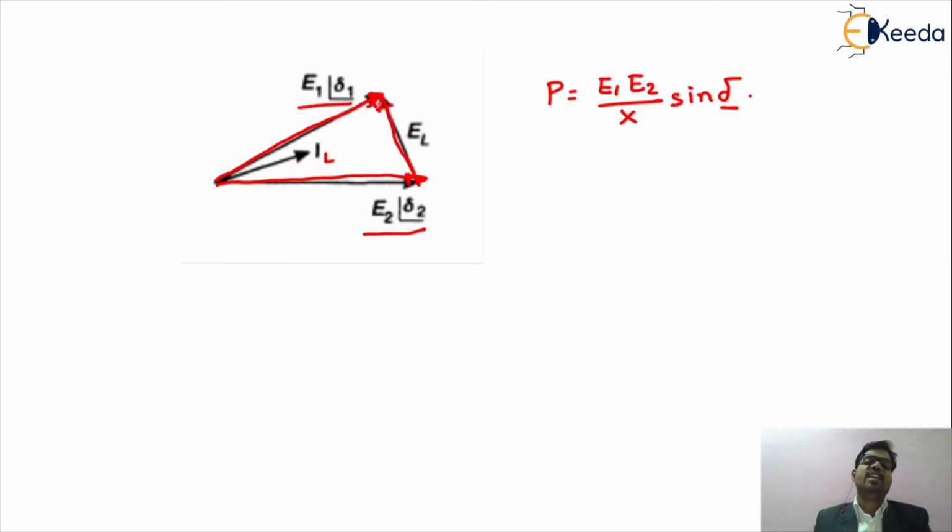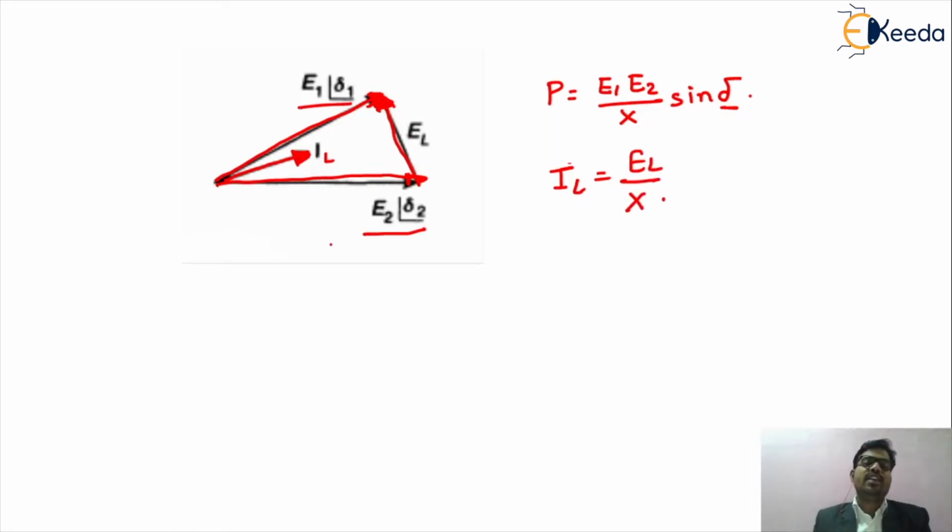So what should be the value of EL? It is the transmission line voltage while we are connecting the sending end voltage and receiving end voltage to each other. And this will be the value of your line current. We get this value from the fundamental equation of Ohm's law, because the current flowing through the circuit is directly proportional to the potential difference across the two ends of the conductor. The line current will be given by EL divided by the total transmission line reactance, or we call it impedance. So IL is equal to EL divided by X.